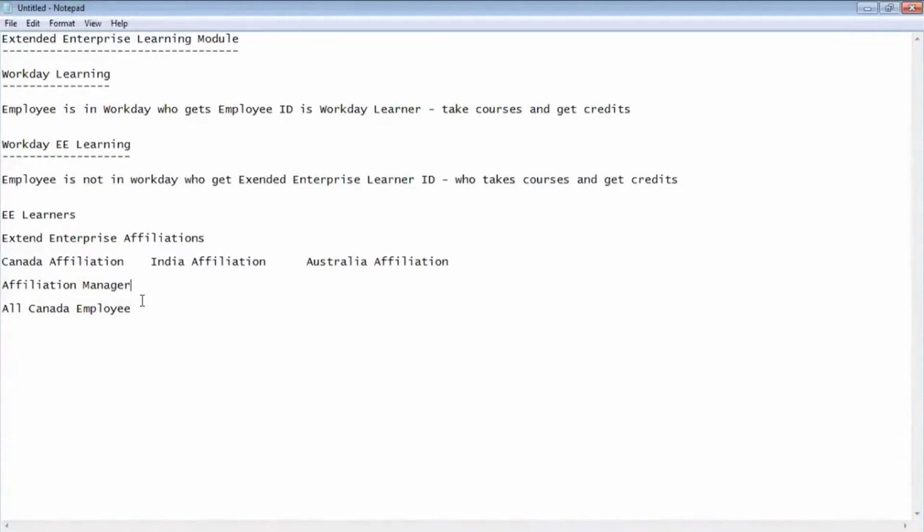There is a different security when you implement the extended enterprise learning module. You will be providing access to learners on the extended enterprise learning model so that they can access the learning system. That's a different access. You need to grant it because they're not employees in the system. They only need access to the extended enterprise learning module.